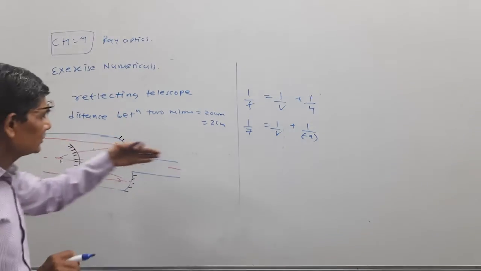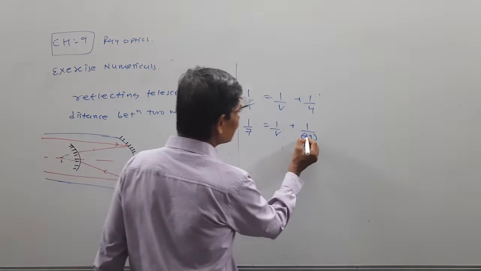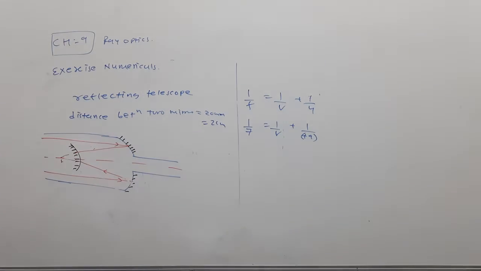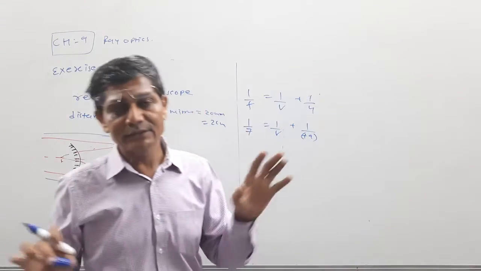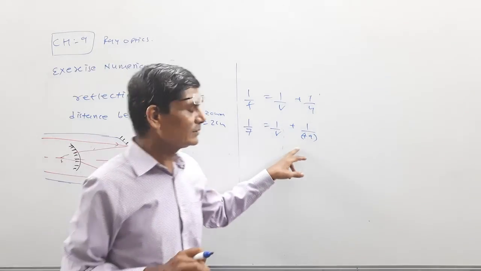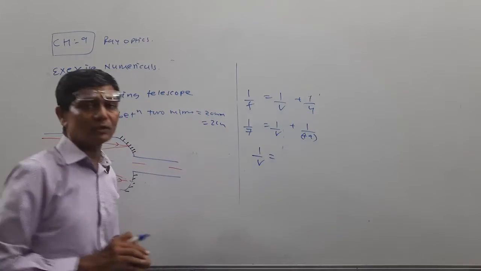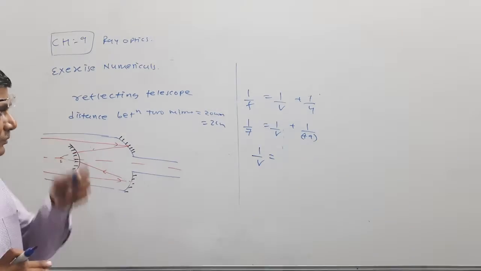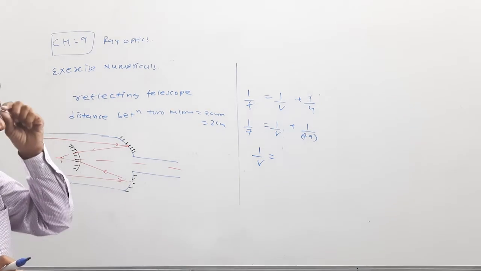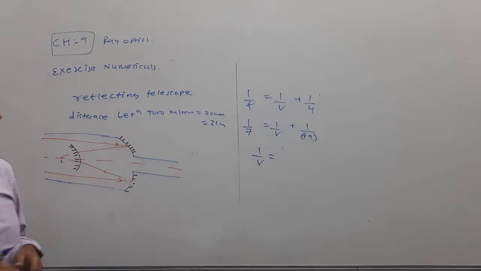Now, see, the convention we have to keep in mind. This is the distance in the direction of incidence, so that's why u we have to take as positive. Why? Because here it is not only one mirror, it is a combination of mirrors. So u will have to be positive. Otherwise, if we consider only a concave mirror numerical, we will take the value of u as negative. But here it will be positive, because the image is formed in the direction of the incident ray.